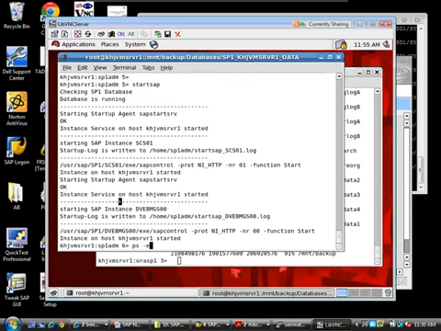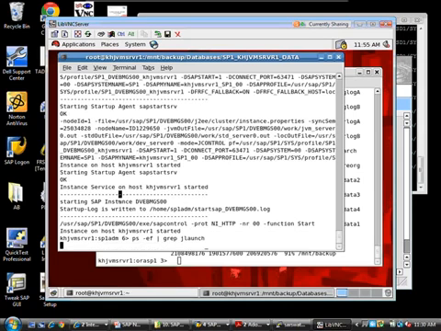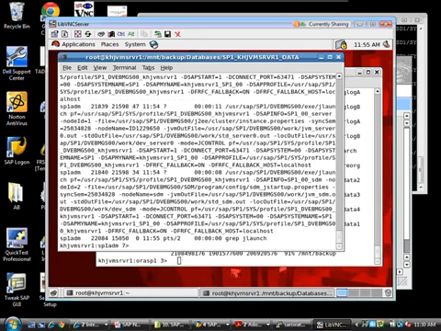And while this is connecting, I can do ps -ef grep jlaunch. This will show me the Java processes. So now they're all running, the Java processes. This one here is the Java server node, JVM server.